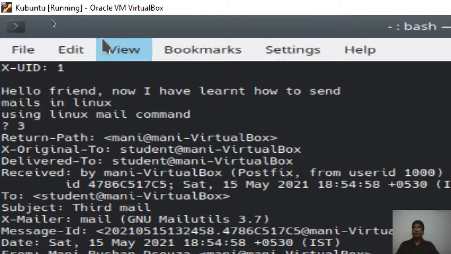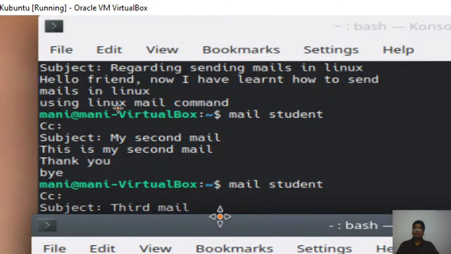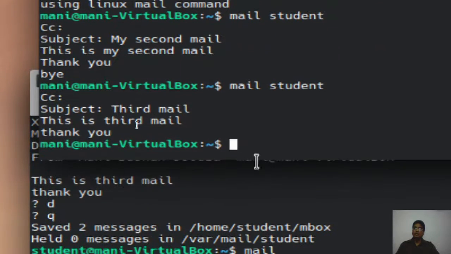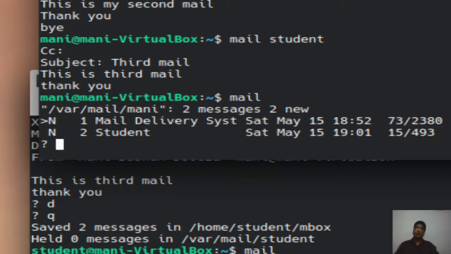Let's go to the money terminal. I'm going to just remove this one, and money's terminal is this one. Money's terminal should receive the mail. It is not showing me a message saying you have mail, but let's see. I'm in money's terminal. Just look at the terminal here, it is money who has logged in. So I type mail, and I get it. One is from the mail delivery system, and I received one from the student. Everything is new. I'm going to say 2 here to go directly to that particular mail. So press 2 and press enter.